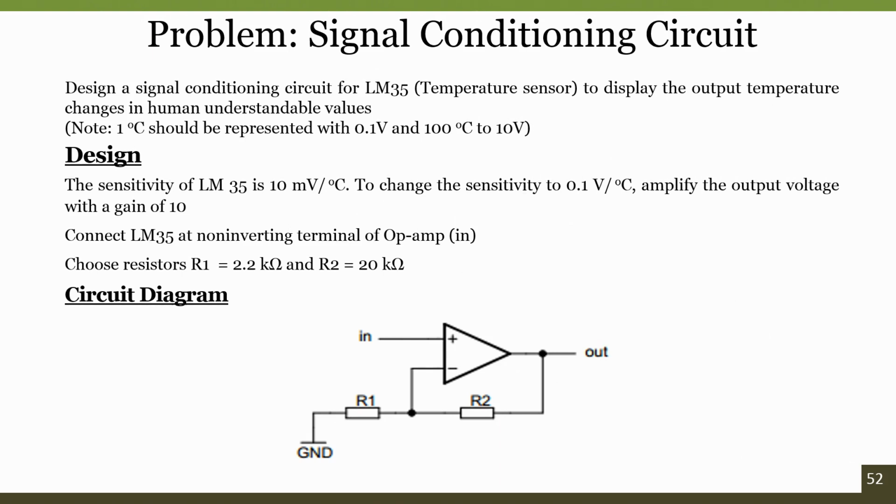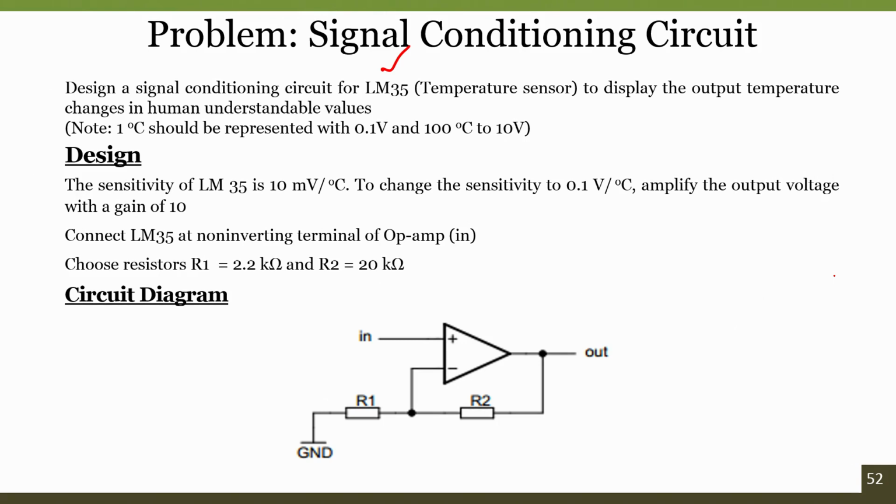In order to do the conversion, we use a transducer, an input transducer, which is nothing but a sensor. Since there are different varieties of sensors which use different physical phenomena to convert the temperature to output, in this particular example, I am considering LM35. LM35 is a semiconductor based temperature sensor which gives an output in terms of voltage. When you look into the data sheet of LM35, we can understand that